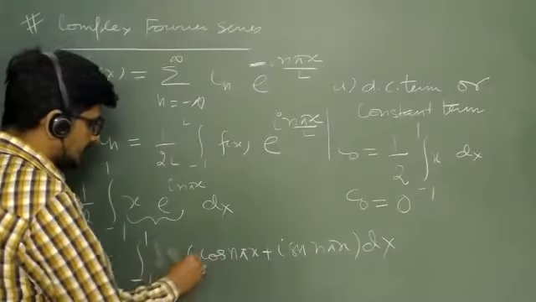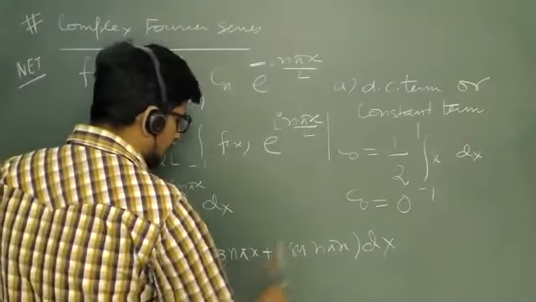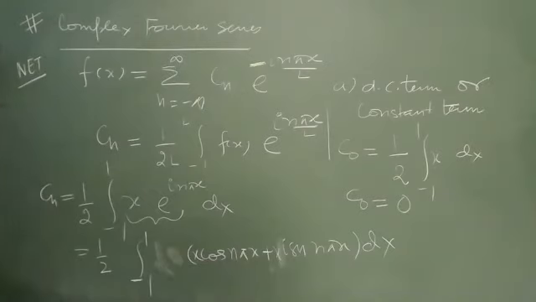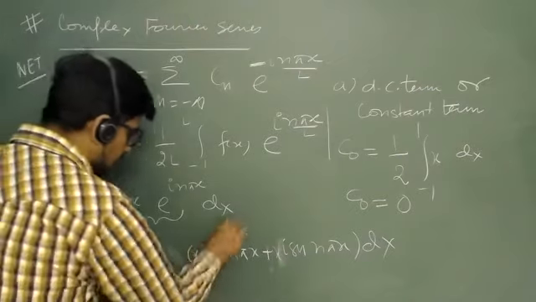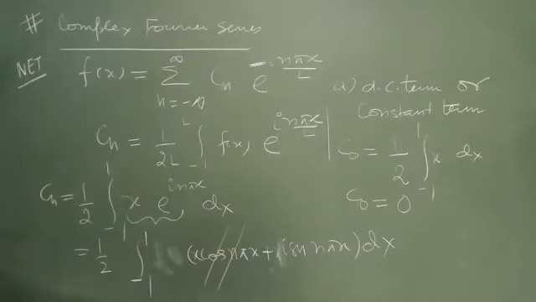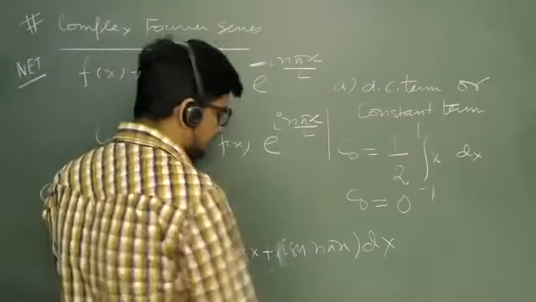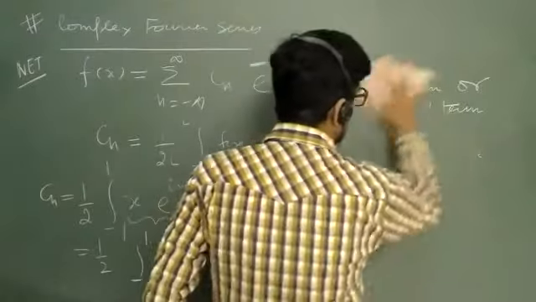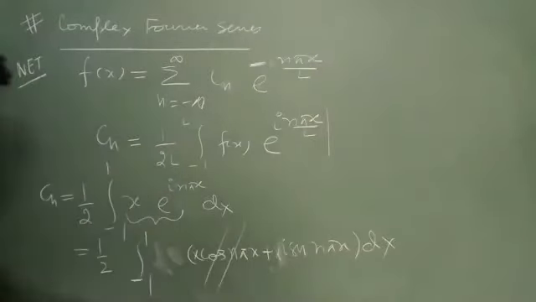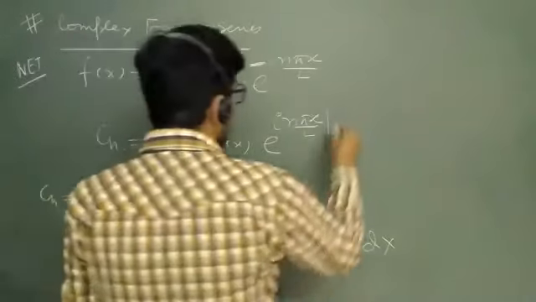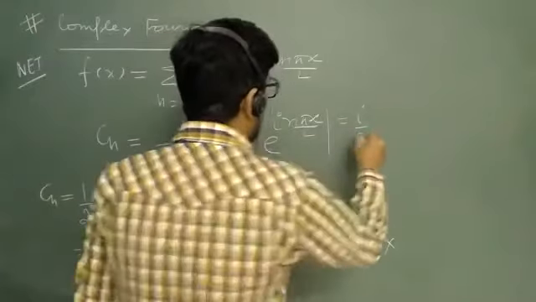So let me take x inside, and x iota here, right? Now tell me about the first term. Is it even or odd? Odd. So that means it will not contribute, because the limits are -1 to 1, correct? And the second term, what is it, Varun? Even. Odd into odd, so it is even. So this will become iota by 2